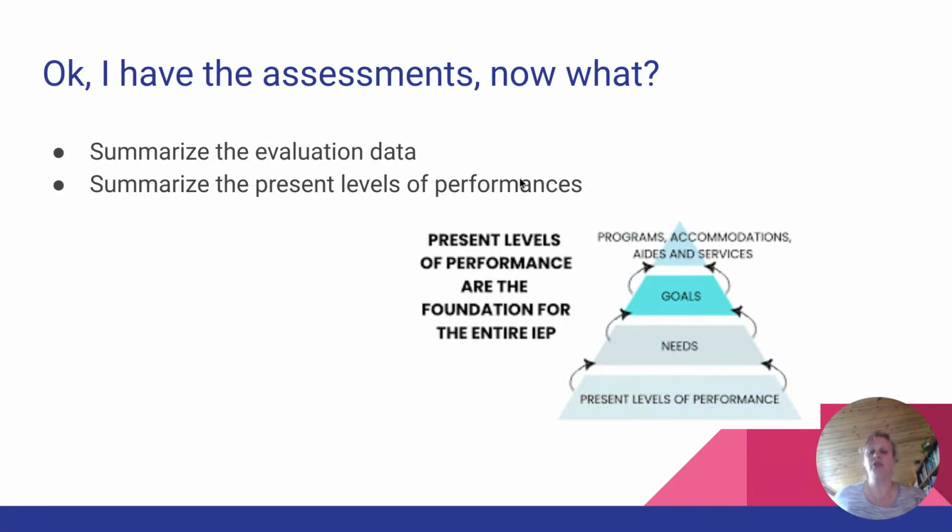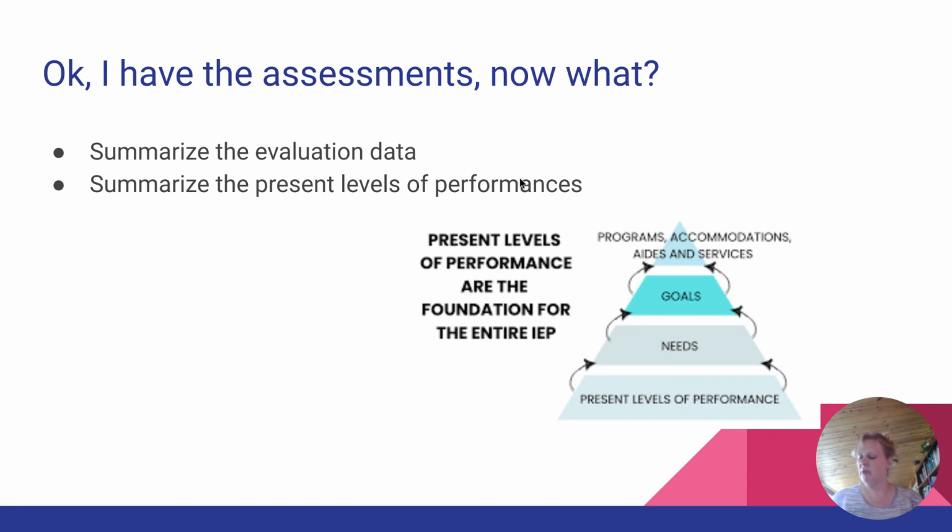All right. So you have the assessments, you have the information filled out. Now what? Once the assessments are completed, a summary of the data collected should be written. The case manager will review the present levels of performance for each of those 3 domains of the transition areas. Do you remember what those were? I'll help you out. There was employment, post-secondary education, and independent living. And independent living serves as a cover for, or houses, community participation, recreation and leisure, and home living.